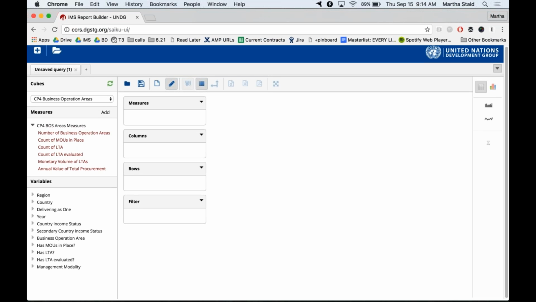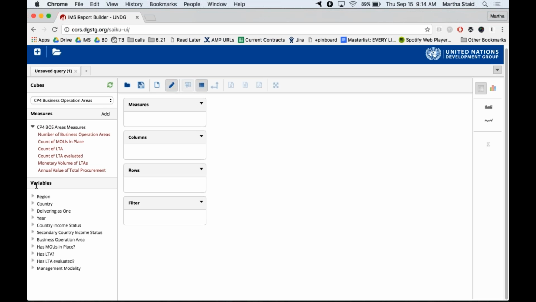Variables can be quantifiable information. They also can be something like region or country or any of these sort of more qualitative types of information, management modality, for example.